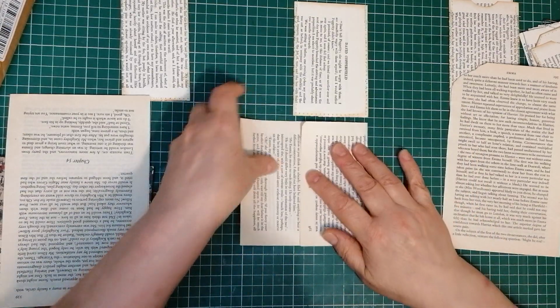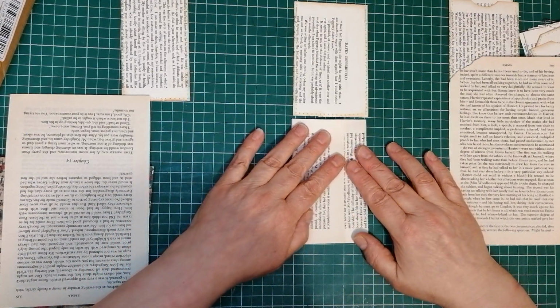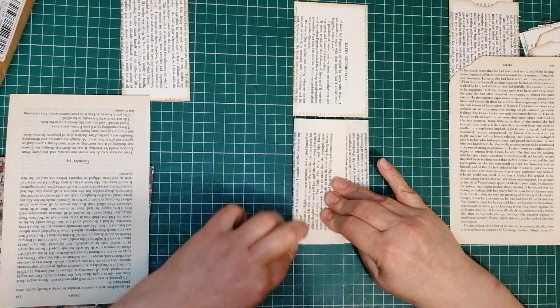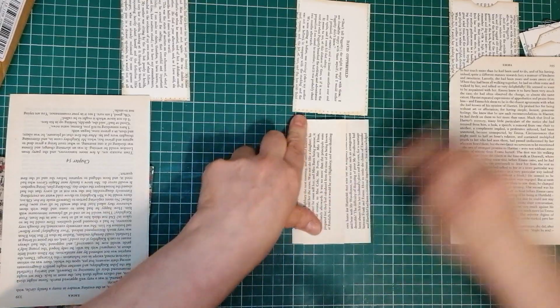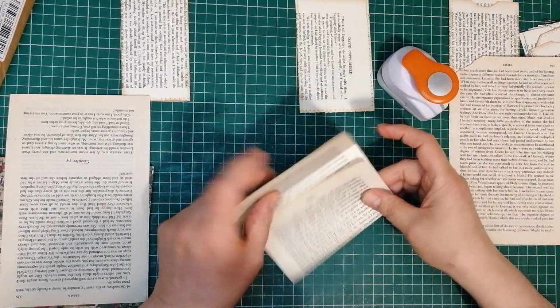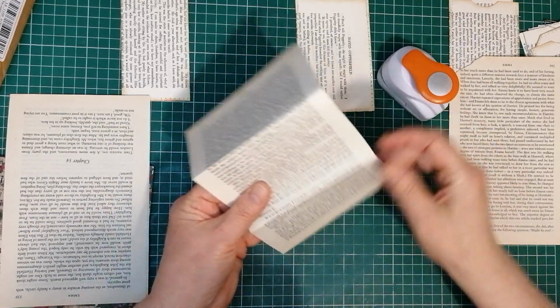And I'll fold it like that, then I'll fold again like that, making sure it's roughly the same size as the previous one. Yeah, I will then use one of my circle punches. I always put the notch on the front edge where there's no join,